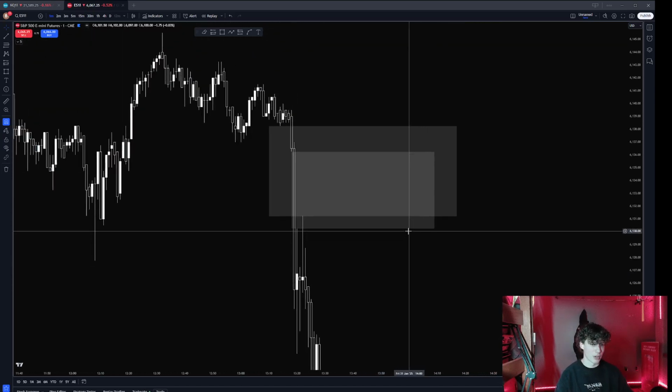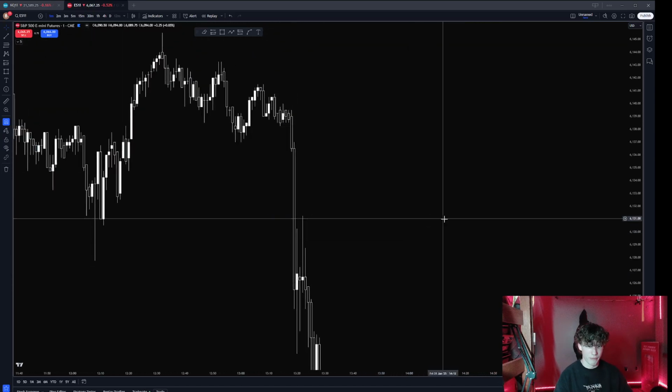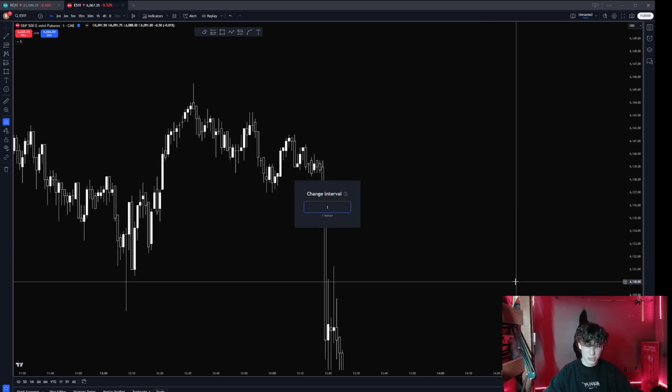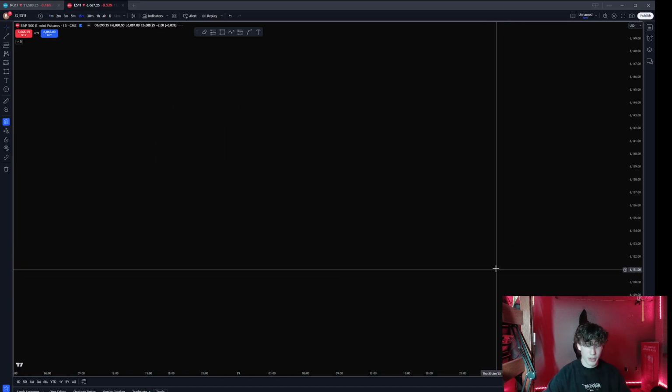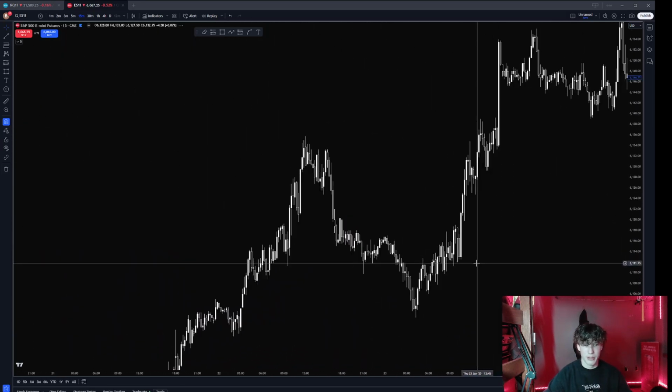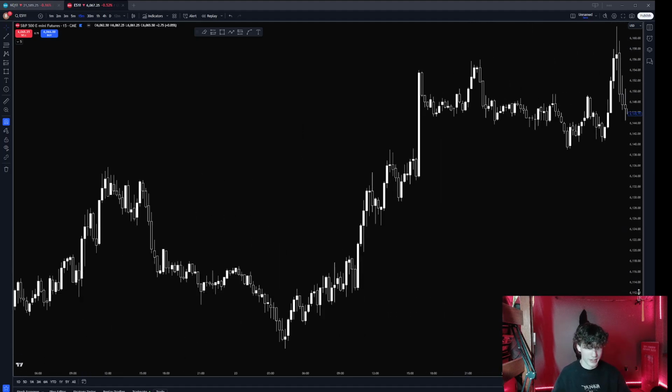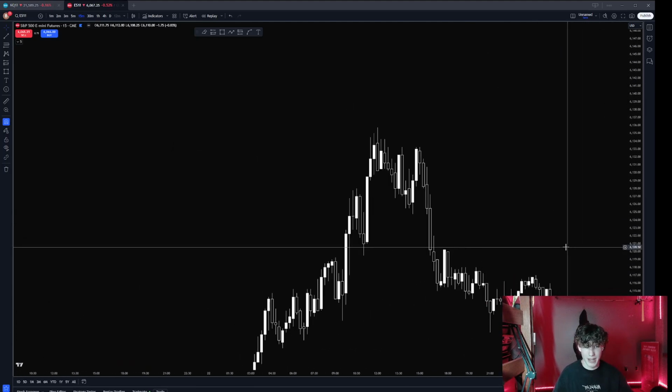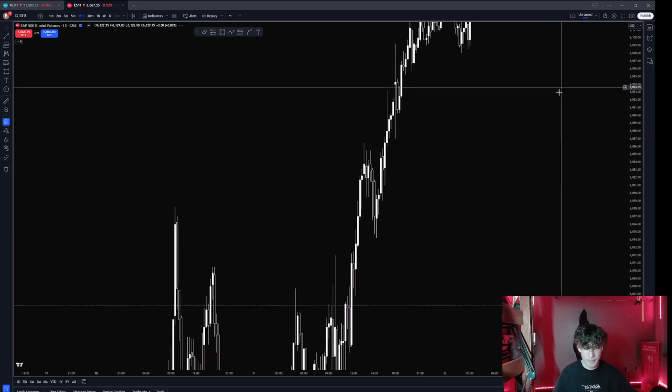All right, but now I want to go into the 15 minute and the higher time frames to show you some fair value gaps that do not have the proper lower time frame support that they need. So something like that would be